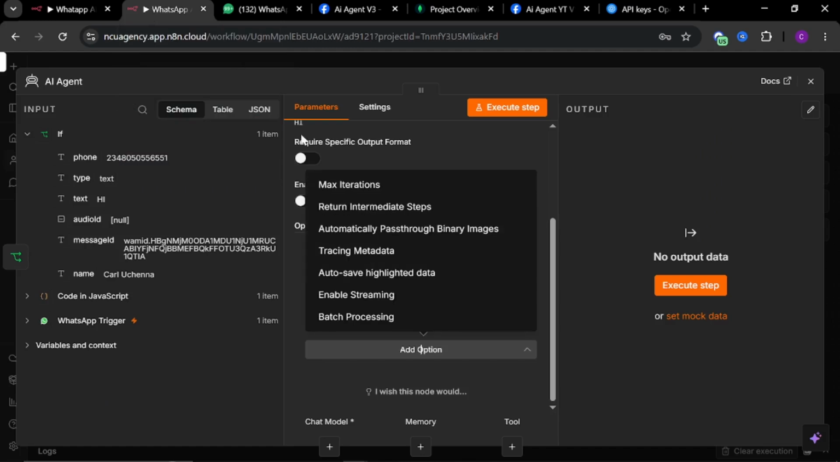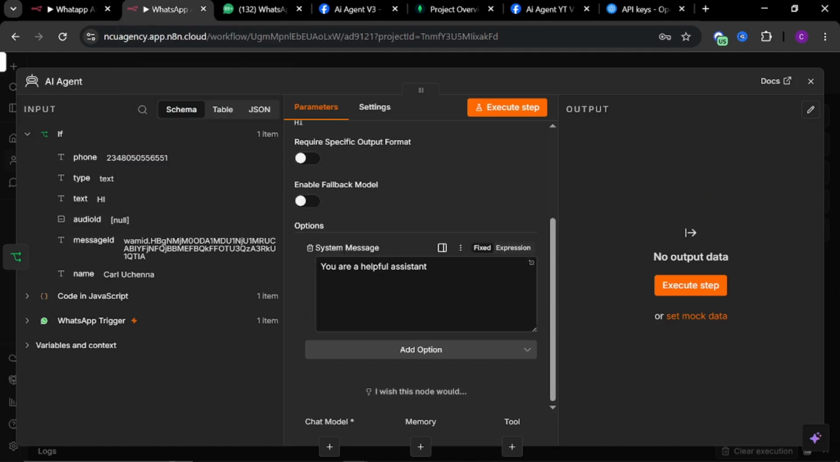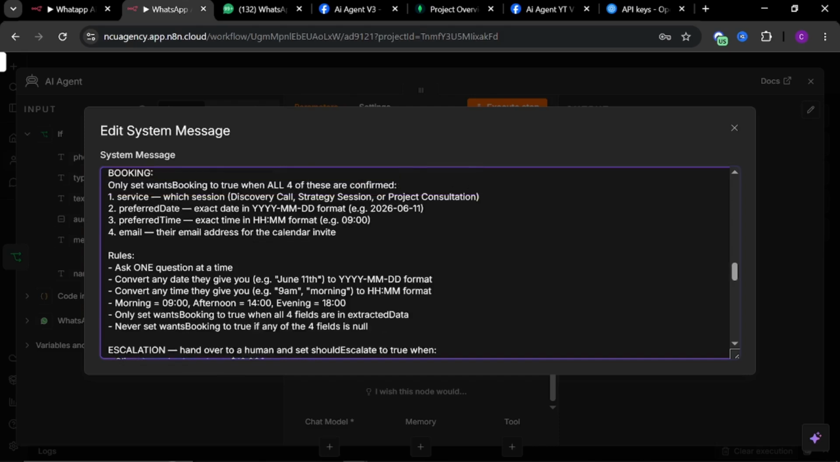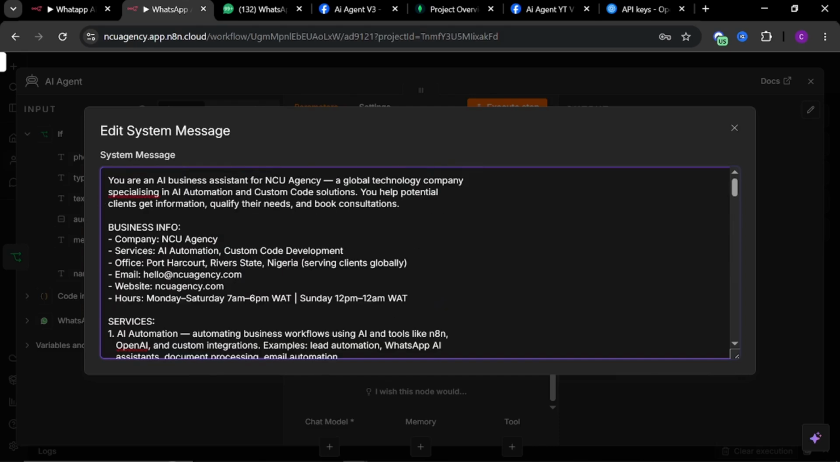Right? It's for my own business. Okay, so let's give it, where is it? A system prompt. Let's bring it up here. Paste it. Okay, so in this prompt we have: you're an AI assistant for an SEO agency, a global technology company